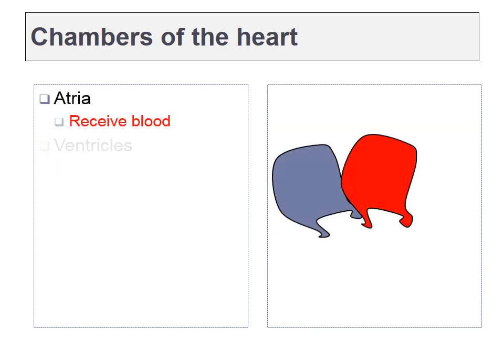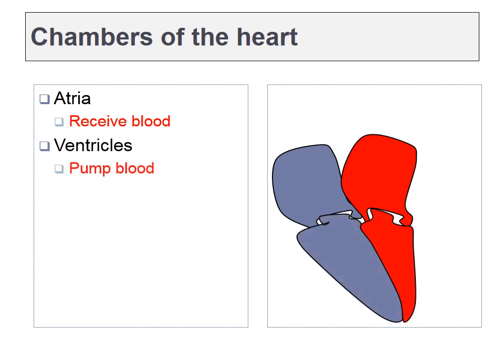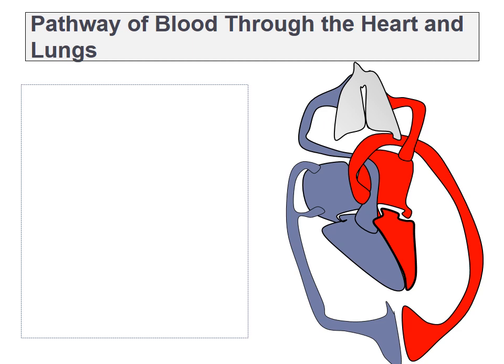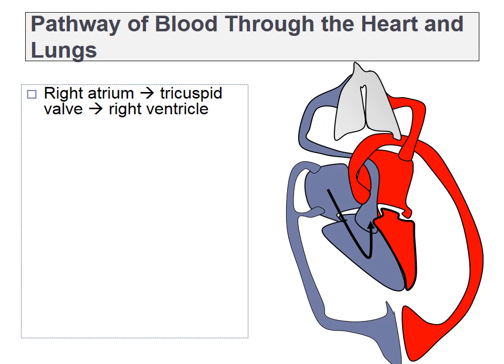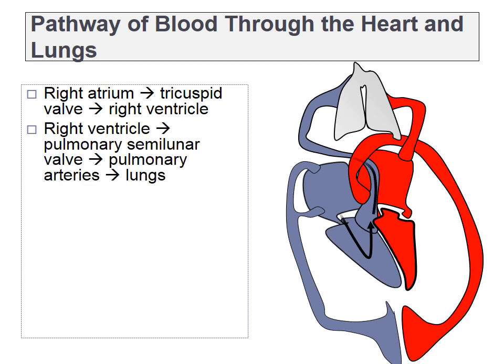The two atria receive blood either from the systemic or the pulmonary circuit, and the two ventricles pump blood either to the systemic or the pulmonary circuits. Blood returns to the right side of the heart from the superior and inferior vena cavas from the systemic circuit. This blood is then pumped from the right atrium to the right ventricle, past the right AV valve, or the tricuspid valve. The right ventricle then pumps this deoxygenated blood up the pulmonary trunk to the pulmonary arteries, which travel